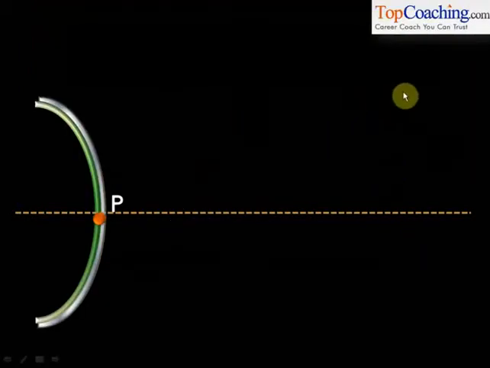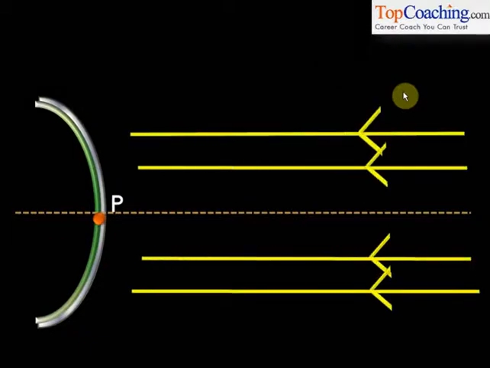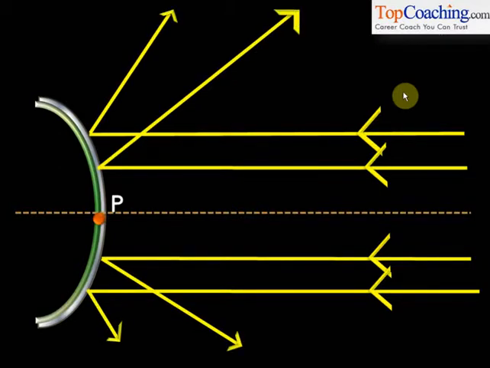In the case of a convex mirror, what is the focus? Is the definition of the focus the same for a convex mirror? The definition is slightly different. You see, in the case of a convex mirror, when rays are parallel to the principal axis and they strike the convex mirror, all of them don't meet at a point. They all diverge. When rays come towards each other, we say that the rays are converging. When they move away from each other, we say that the rays are diverging. So in this case, the rays diverge like this. They move away from the mirror in opposite directions.